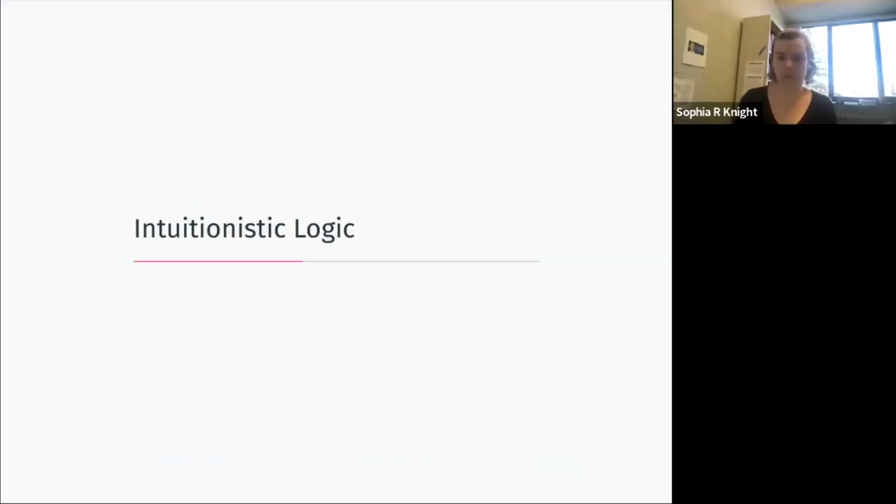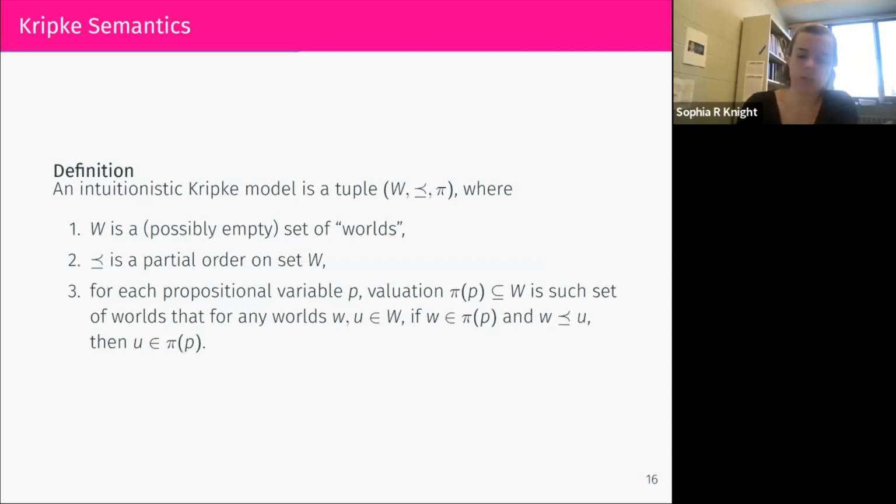Okay, so now I'm going to talk about intuitionistic logic. I guess everybody here has probably seen some amount of intuitionistic logic somewhere before, so I'll just give a brief overview of it. Intuitionistic logic uses the same operators as propositional logic, but it's a constructive logic. So it's defined through a proof system, not definable through finite truth tables. Its idea is to be more constructive than propositional logic. So you do not have the law of excluded middle, and implication behaves a little bit differently than in propositional logic.